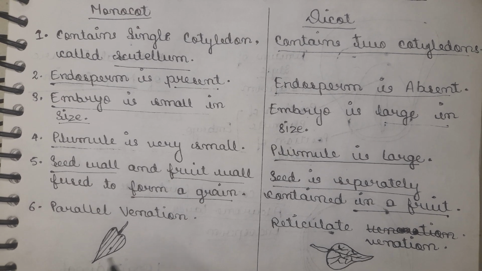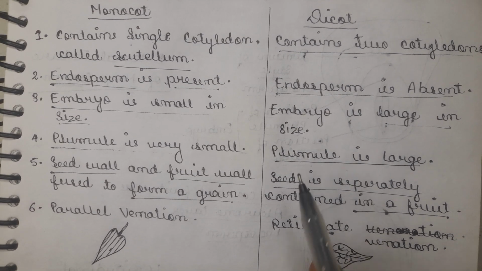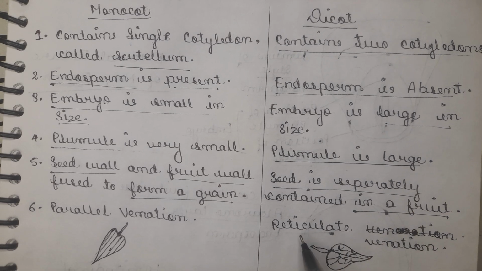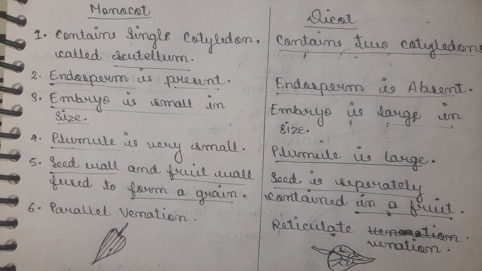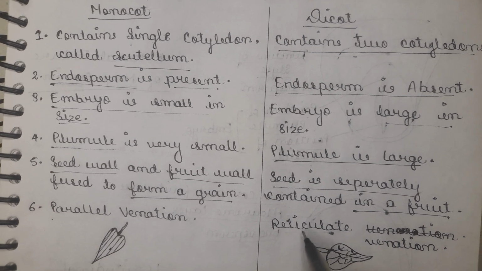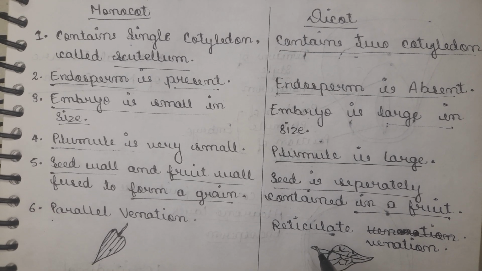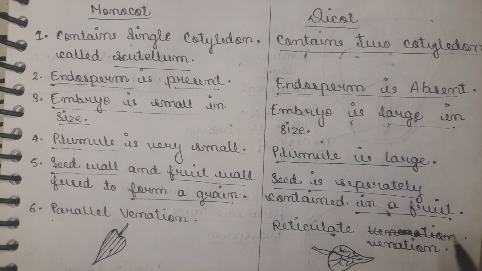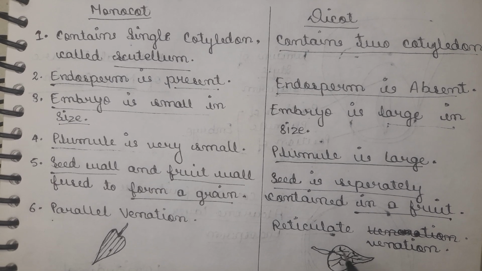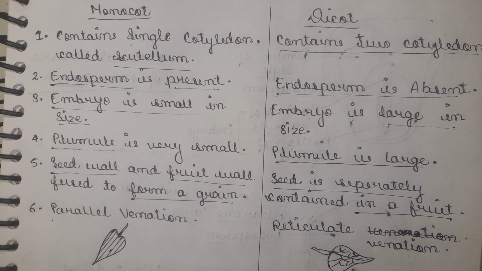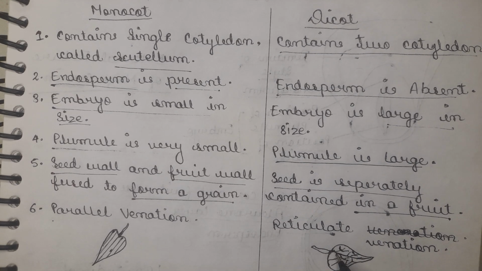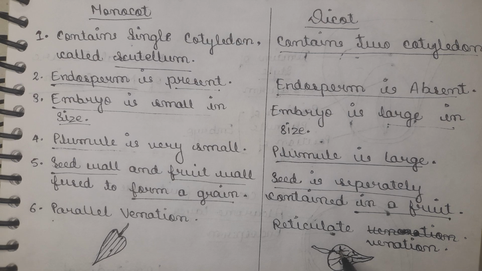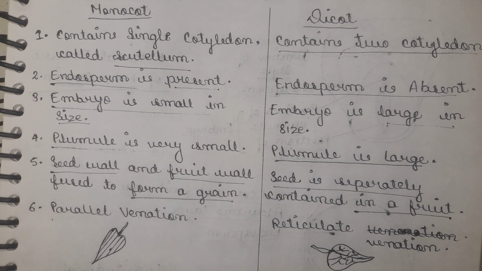in this diagram. In the second part, in the dicot, there is reticulate venation, as we have already studied about the structure of leaves, that there are two types of venation. The first is parallel venation, and the second is reticulate or net venation, a net-like structure. In reticulate venation, the leaf is dish-shaped, with a main midrib, and from this midrib the sub veins are subdivided into different parts.